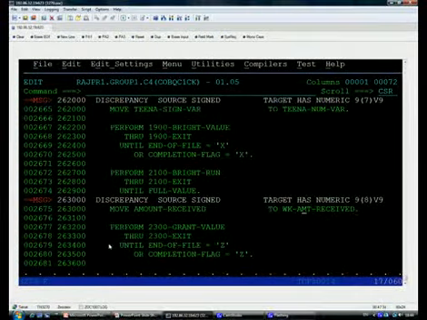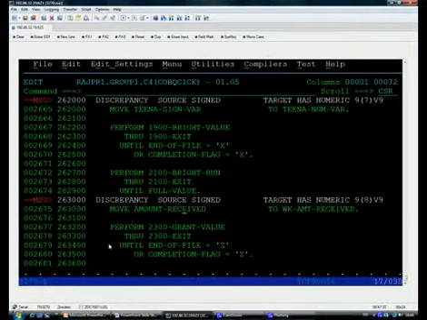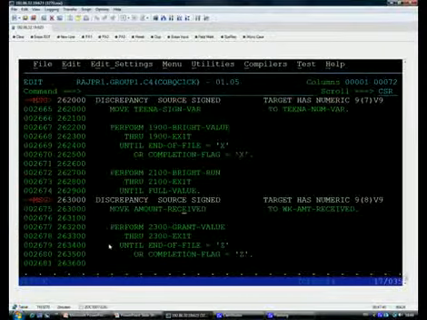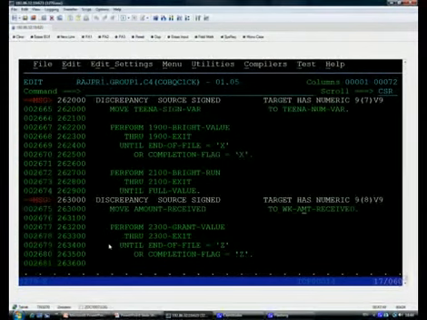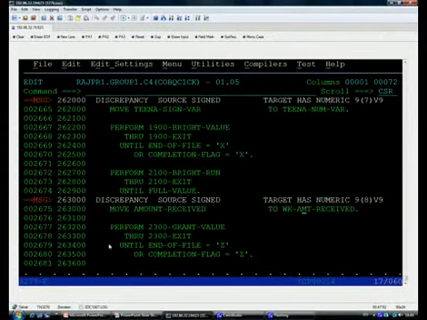Let us say the database field is a signed field and one fine day the business receives a -$500. After this move, the target field will receive not -$500 but +$500.